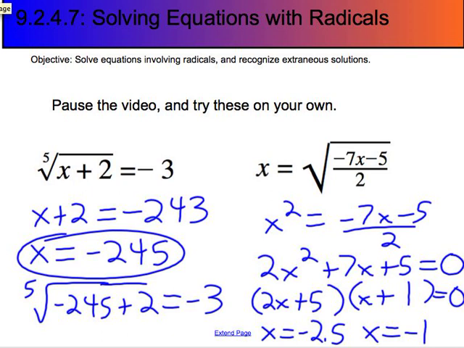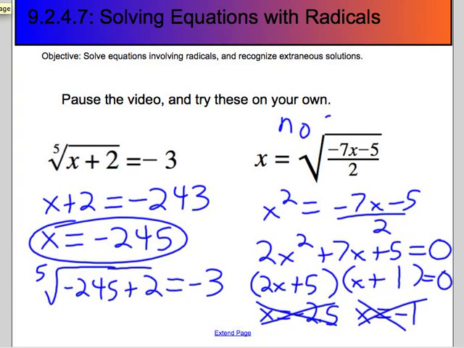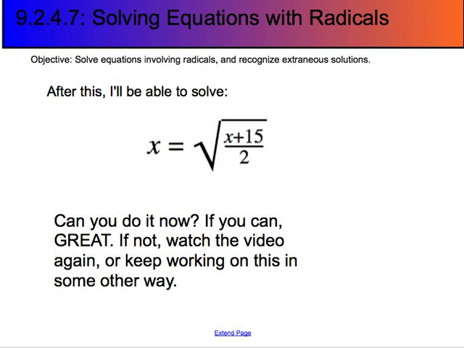Now when you plug those back in, you find that neither one works. So even though I had two possibilities, neither one works. So for this one, final answer is no solution. I had two possibilities, but neither one works, so there's no way to get both sides the same for this one. So how'd you do? Are you able to solve that on your own? Can you do that now? If you can, great. If not, watch the video again or find some different way to keep